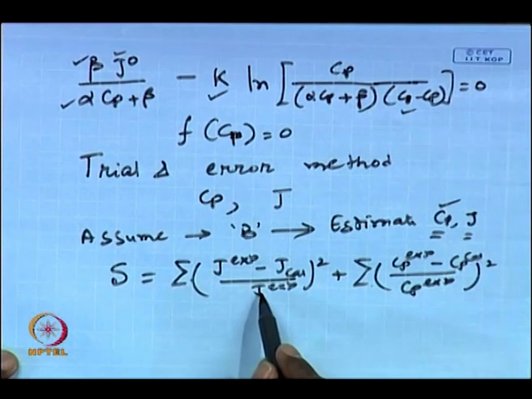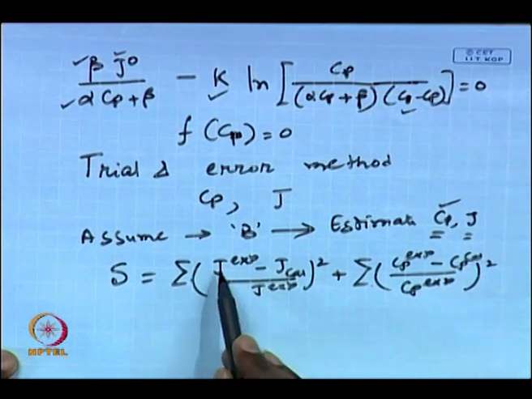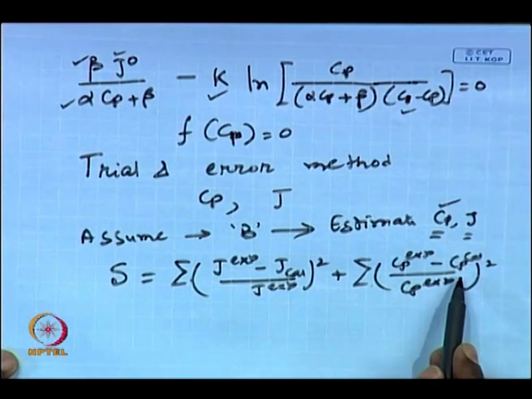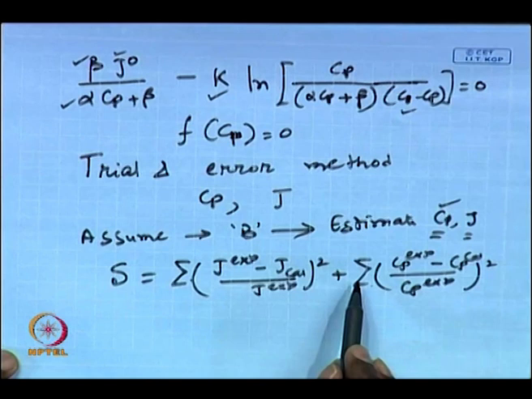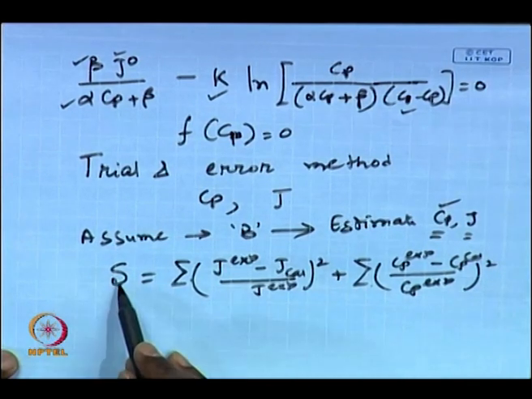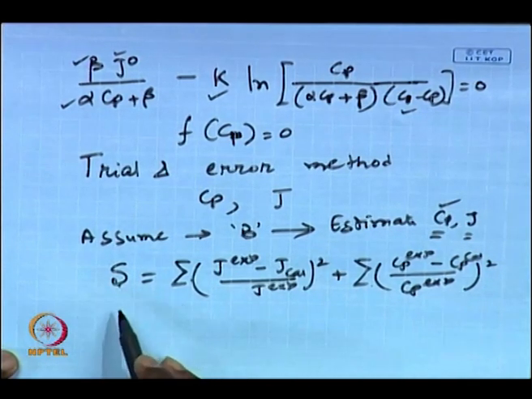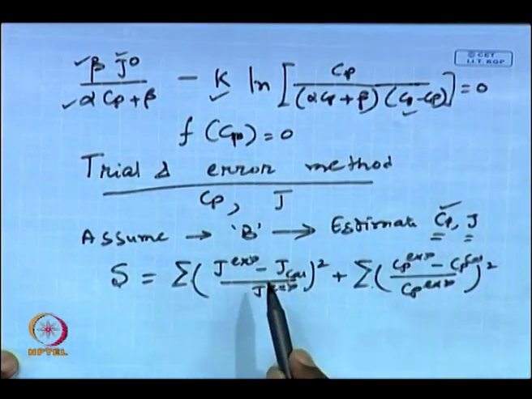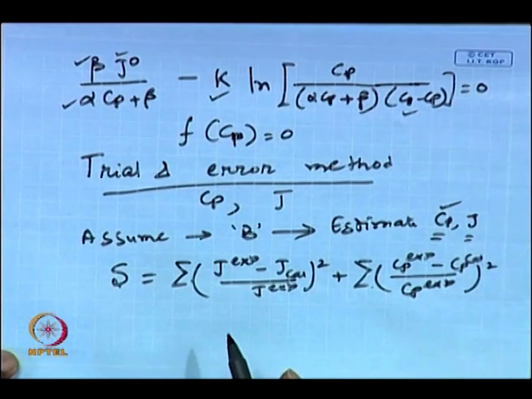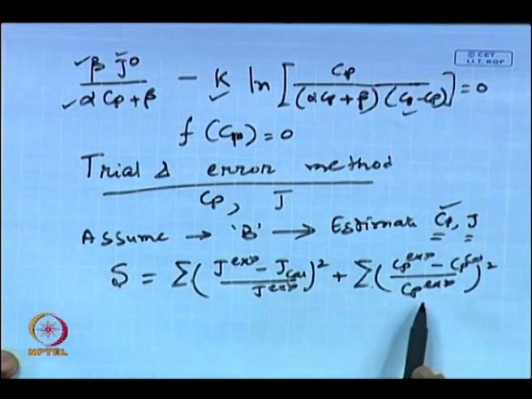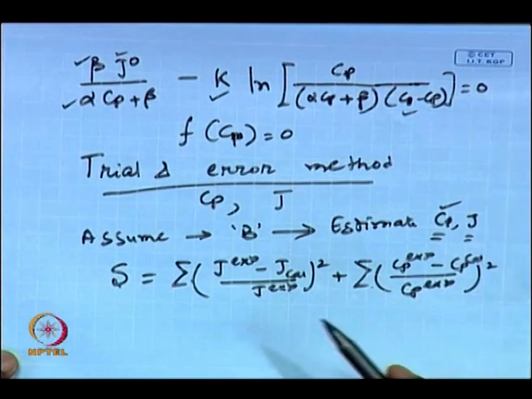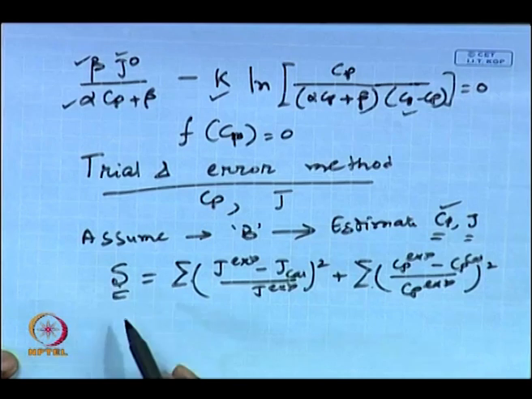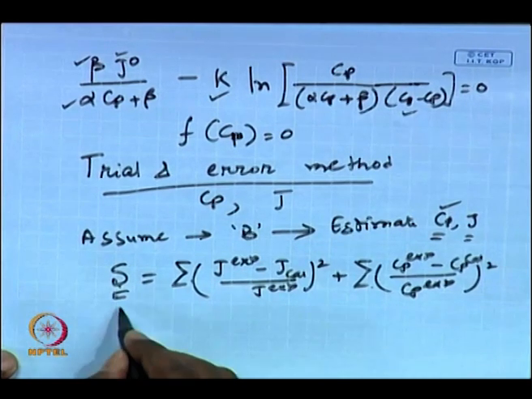But if you divide it by j experimental, the whole thing becomes of the order of 1, and the thing within this bracket will be of the order of 1. Now, they will be comparable in magnitude and one can do the minimization of this objective function S. So, basically this trial and error method will be the actual algorithm or actual program. Over and above, you hook up with an optimizer, by using the IMSL library or MATLAB or whatever optimizer, just hook up that optimizer and compute this sum and minimize this sum S.